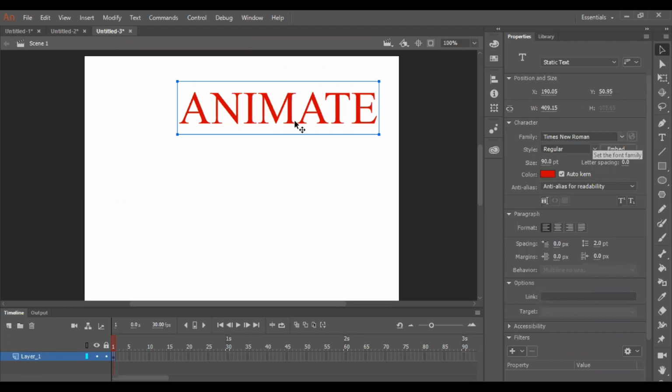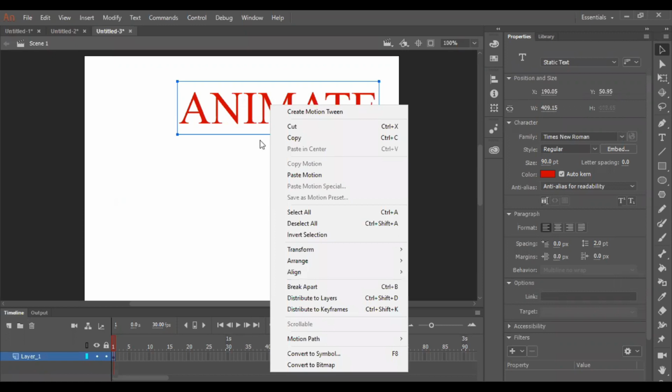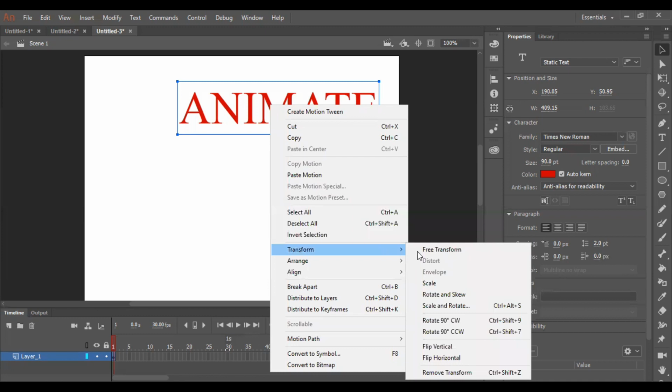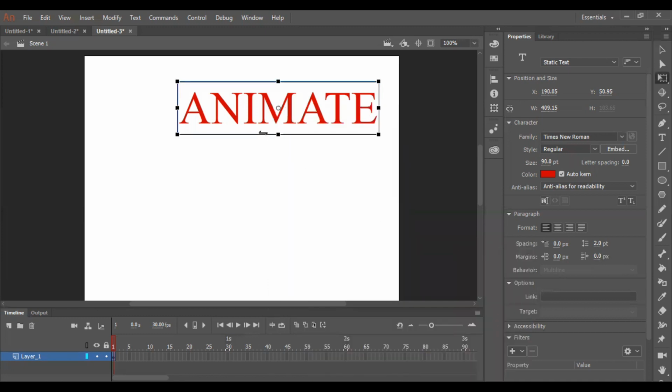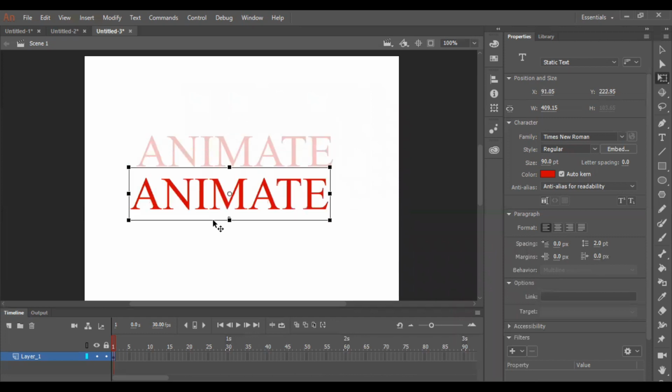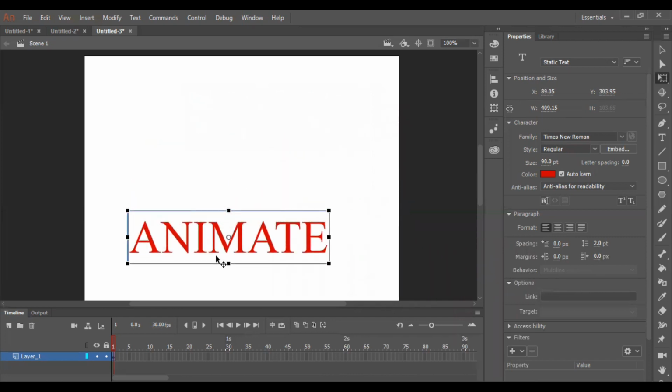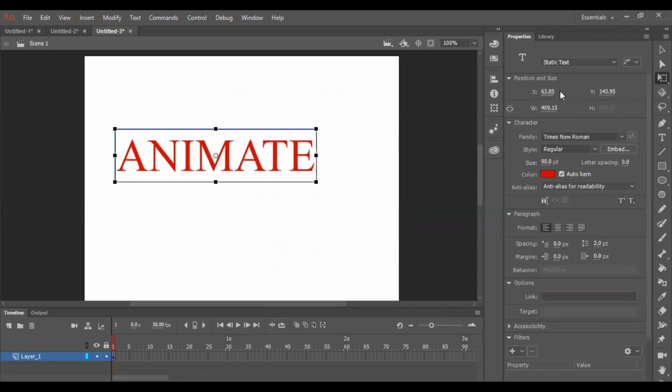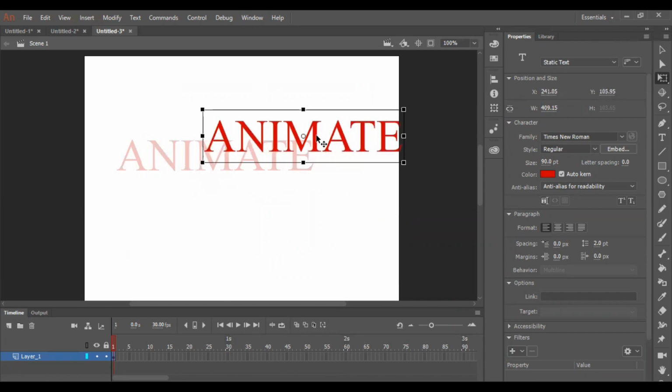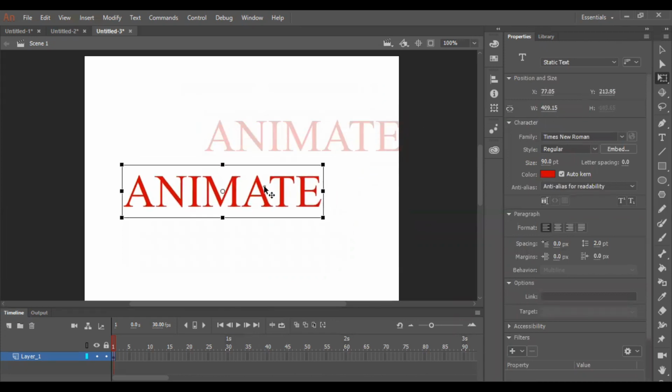Right. Then I just right click this one because I want to change the place. Just click on transform and pre-transform. Then you can change the place, right? So when I'm dragging this one, you can see the positions of X and Y, they are changing. So here it's X 41.05 and Y 105.95. Then here likewise,